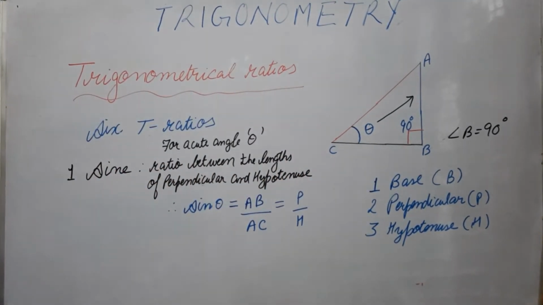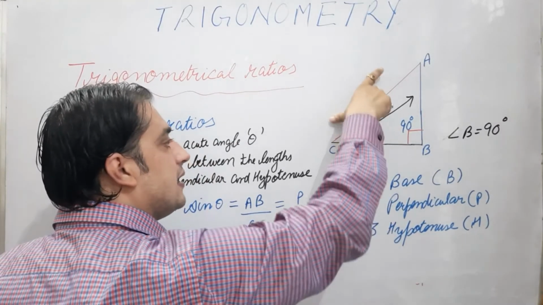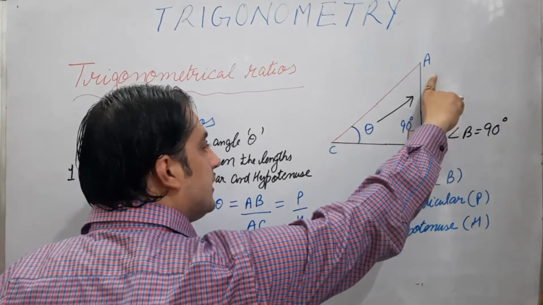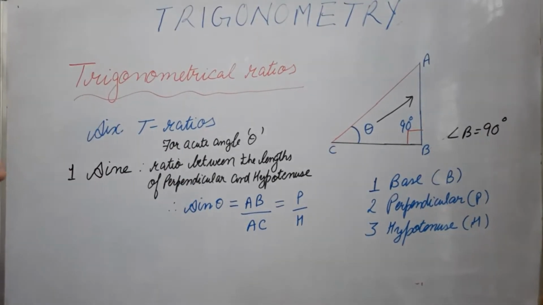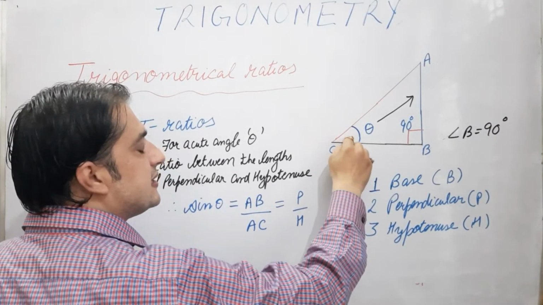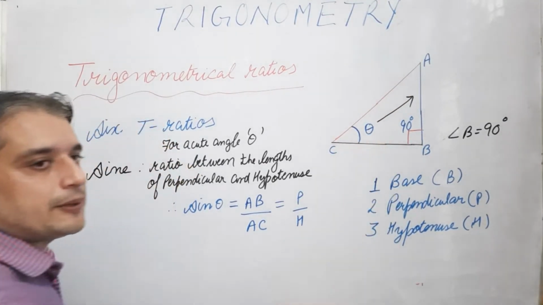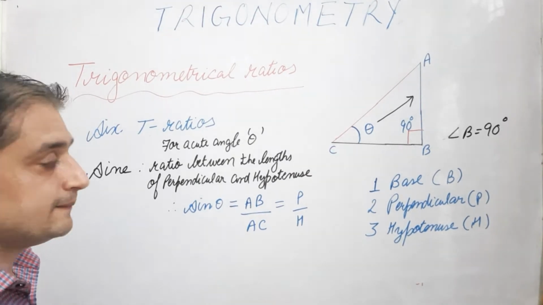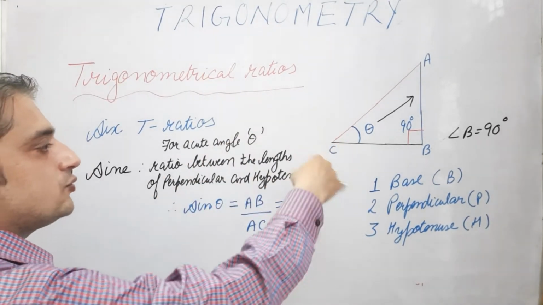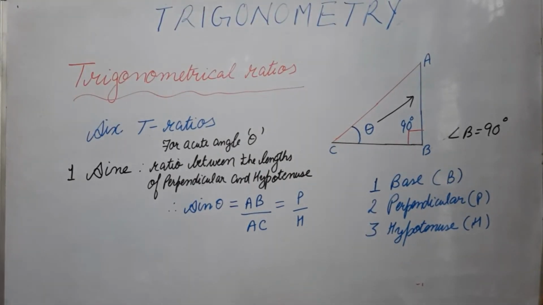Right. The ratio between the two lengths. वो length कौन सी है? One is perpendicular and one is hypotenuse. Perpendicular वो लेनी है जो side angle के opposite है. Because we are talking about this angle, that is C or theta. If we are talking about angle A, then this BC will become your perpendicular. So एक side perpendicular बनेगी, एक side base बनेगी, right? But the opposite side to the angle is always perpendicular, right? Fine. In right angle triangle.